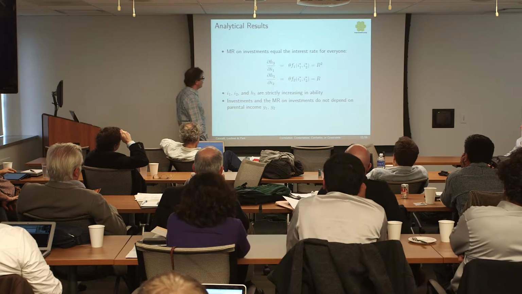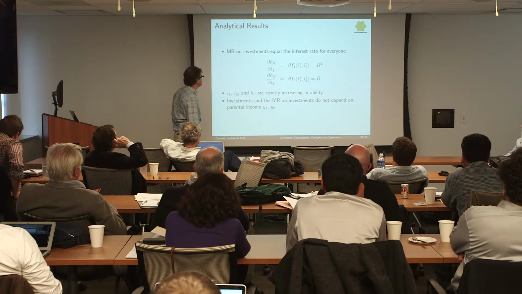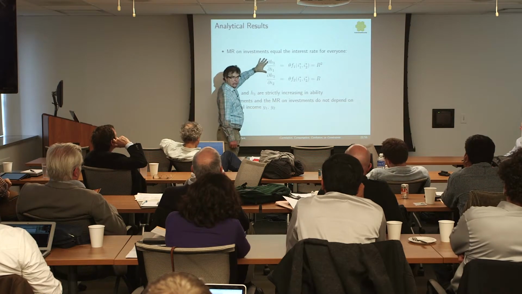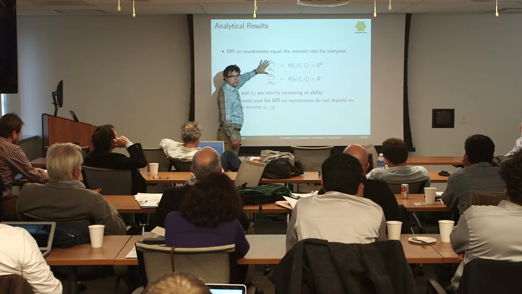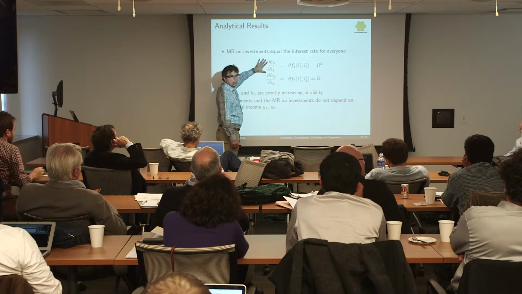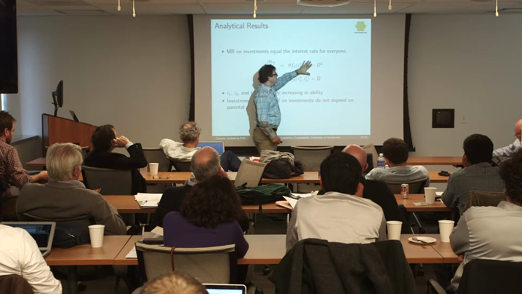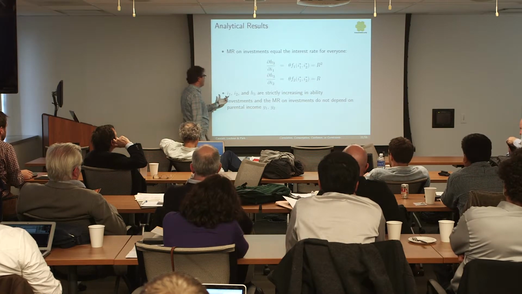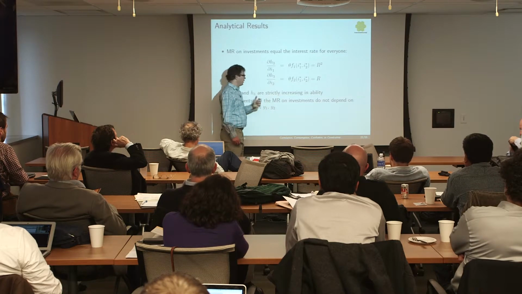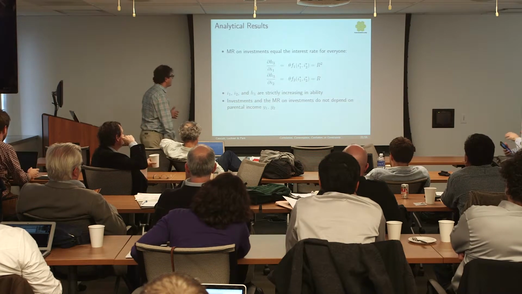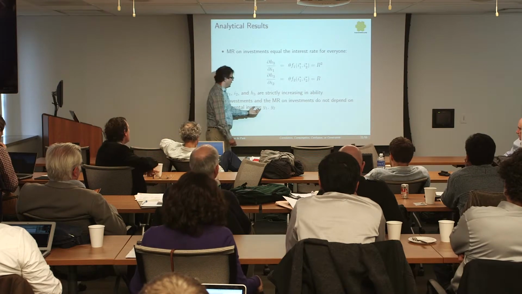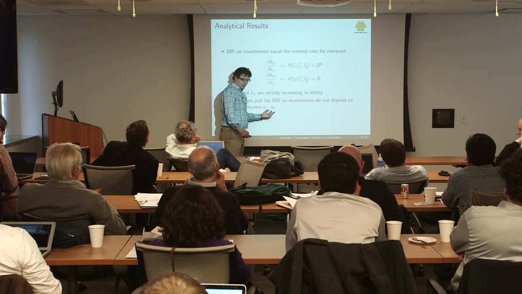I just really want to make one point out of this model, which is that the marginal return on investments for everyone equals the return on savings in this world. I'll get back to that in a second. Obviously, investments in human capital are going to be increasing in ability, and the marginal return on investments doesn't itself depend on the stream of income in any way.